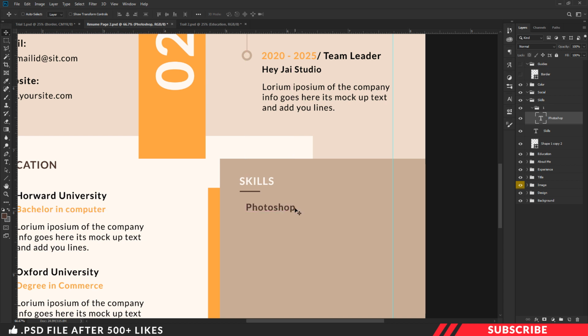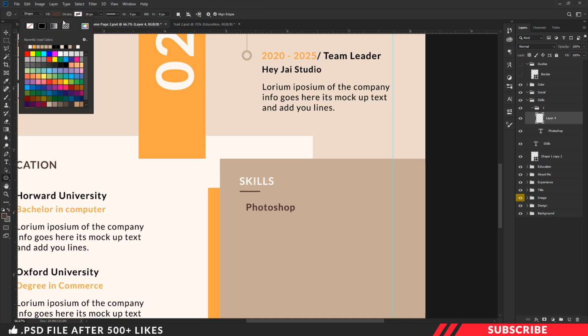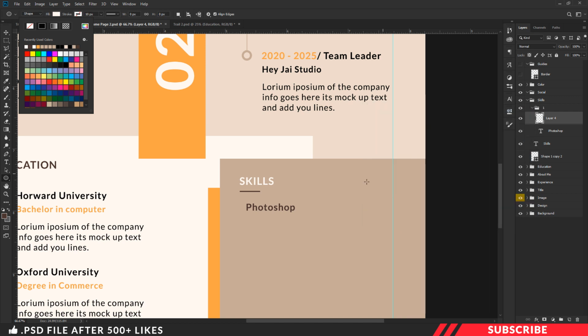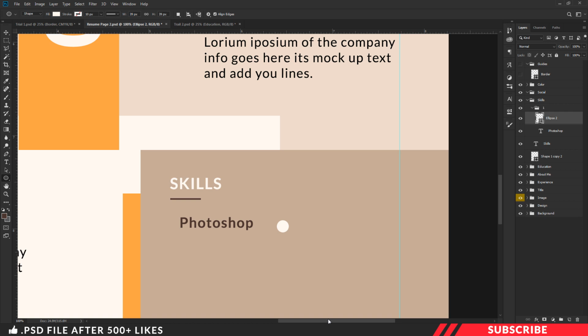Next, I'm going to create 5 circle shapes. For that, let's create a layer. Now go to Shapes tool, select Ellipse tool. There, disable stroke, enable fill. There I'm going with color off-white, this one. Now by holding Shift key, create a perfect circle shape like so. Fine. Now adjust the position using your keyboard arrow keys. I'll move it a little bit up. Fine.